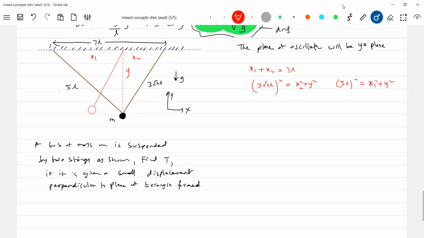So it cannot be like this. The oscillations are not like this. Are you getting? The oscillations are okay. To some extent, with the help of the graphics I'm showing, try to understand. So the oscillations are not like this. The oscillations are perpendicular to the plane of the diagram.